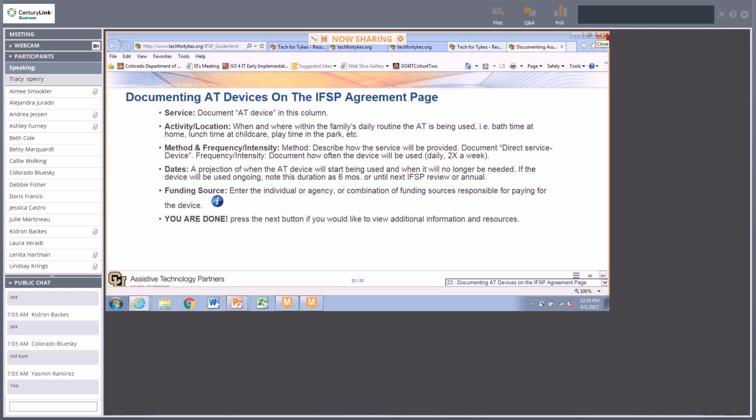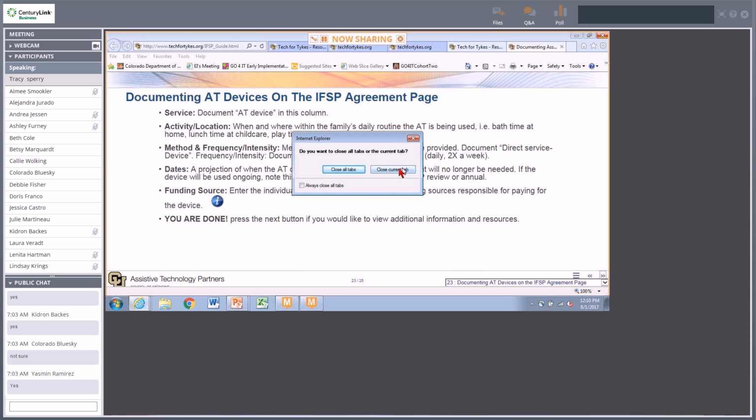IFSP Interactive Quick Guide. So try that out with a couple kids that you're working with and see how that works. Okay? We're going to move on, and Beth is going to